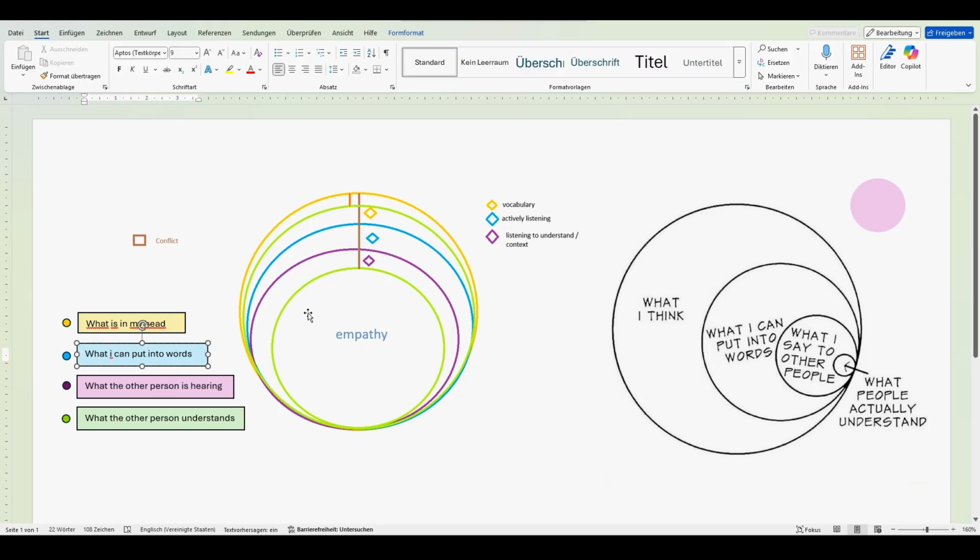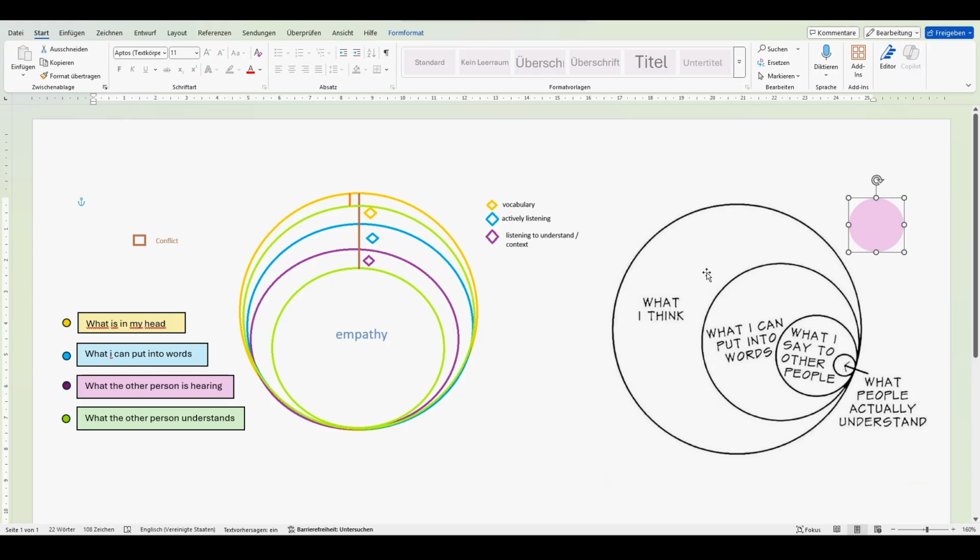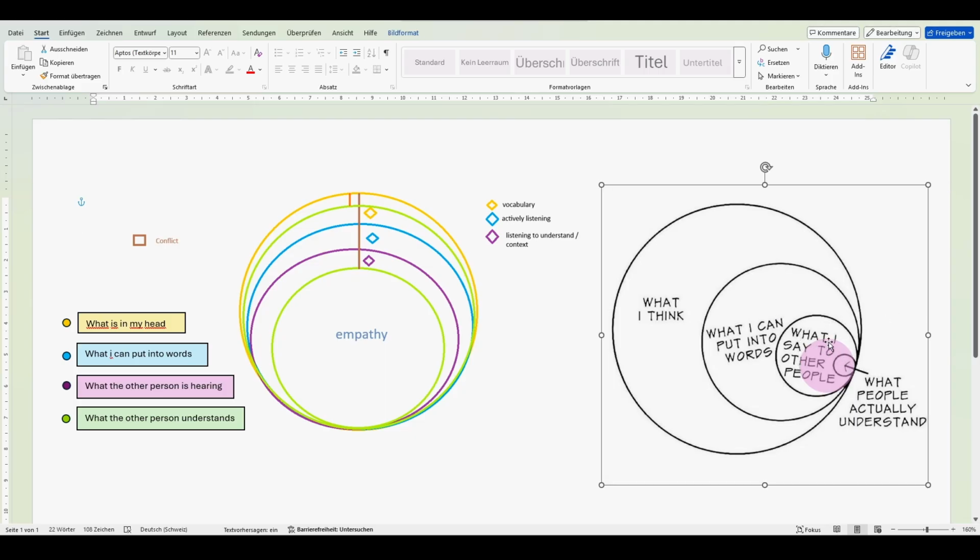I also made a new circle, the purple one, what the other person is hearing. This was not on the original drawing, but you could add this in between what I say to other people and what people actually understand, because I still think there could be a gap because of that too, like I mentioned in the video. So that's basically it, and let's just continue with the video.